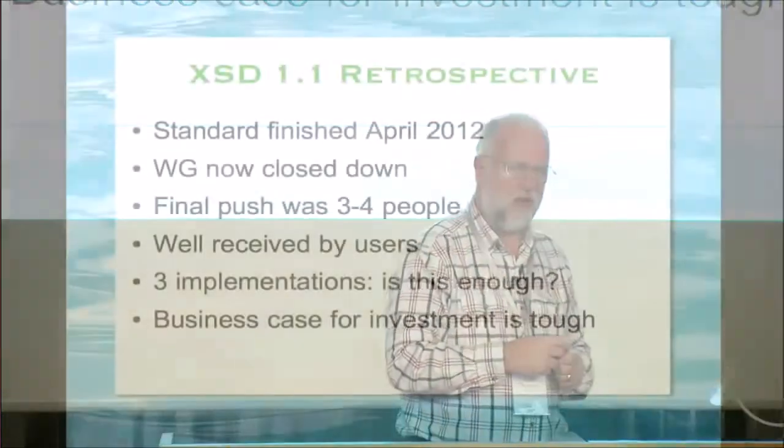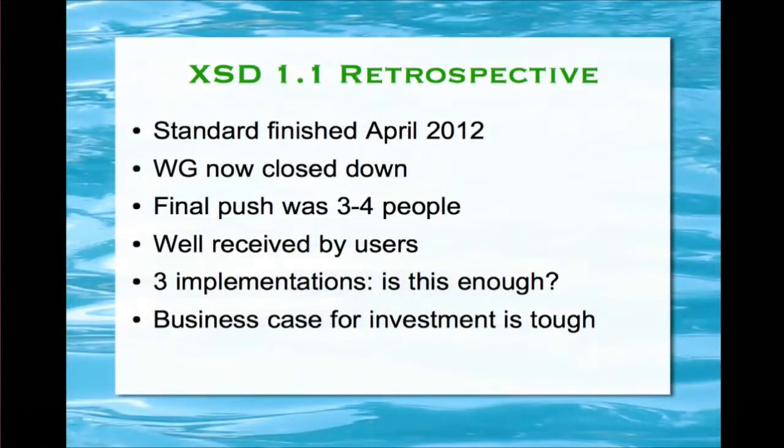Let's look back a little bit at XSD 1.1, because perhaps that gives some insights as to what happens with standards as they become mature. XSD 1.1, everyone recognizes, I think, was a bit of a mess. Nevertheless, XSD 1.0 was extremely successful, despite the fact that it was an awful spec, an awful language, and very hard to use and very hard to read the spec. You can name any number of criticisms of XSD 1.0, yet it achieved everything it set out to achieve and was very widely adopted.